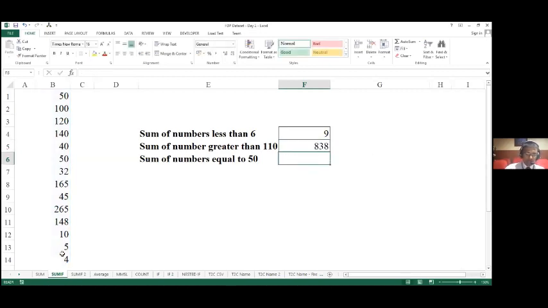And there you go. Excel has looked through this series. It has identified the numbers which are greater than 110 and it has added them up together. Now let's look at the numbers one by one. 120, definitely more than 110, 140. Then I have 165, I have 265, and then I have 148. The total of these numbers that I see over here is 838, which is exactly what my formula has also computed for me. So I've just applied the SUMIF functionality to sum up the numbers which are greater than 110.